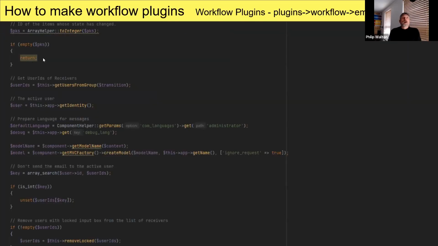There we go. And then what we're going to do here is we're looking for who's going to be receiving this. Is there any IDs of users that we set up? So it has to then go and get those users to find out what their emails are so it can send it to them. And then you're looking at the languages.